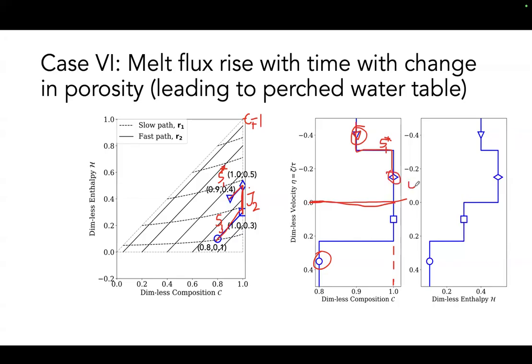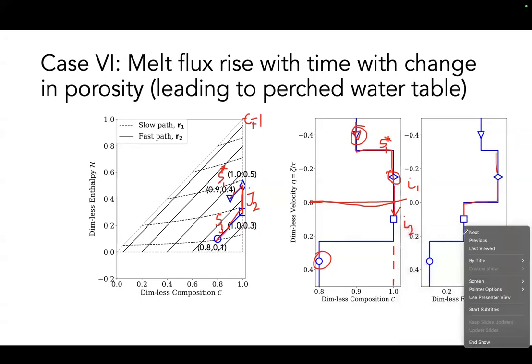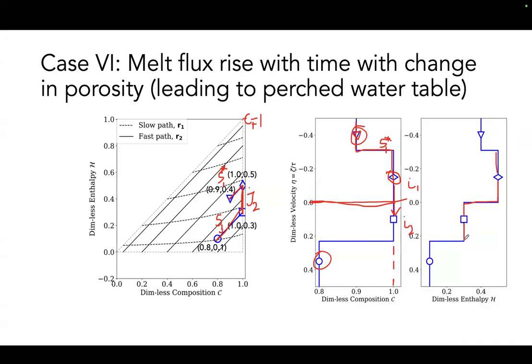And you can see here, at the initial point where there was a jump at dimensionless velocity equals 0, you go from first intermediate state I1 to I2, which is your second intermediate state. And in this second intermediate state, there is a change in enthalpy. There's no change in composition because it's a fully saturated region. And that's why we call it jump. We call it jump J2. This is J2 in between the two cases. And from I2 and the right state R, you have a shock wave or a wetting front that keeps percolating